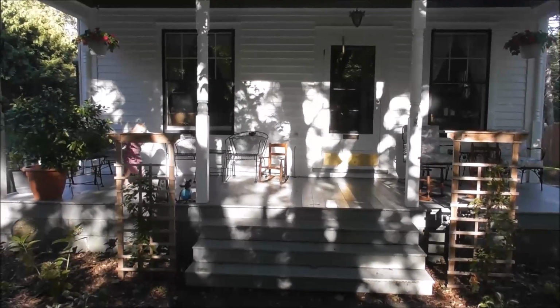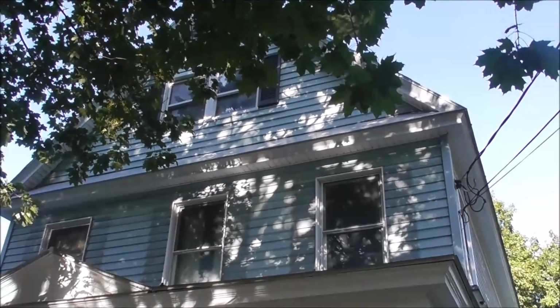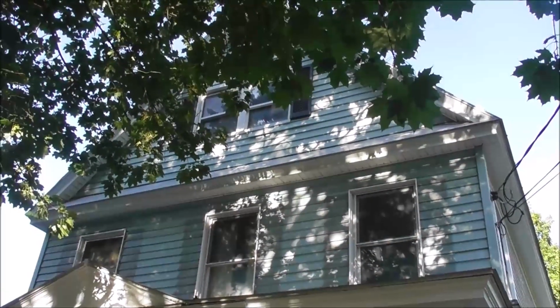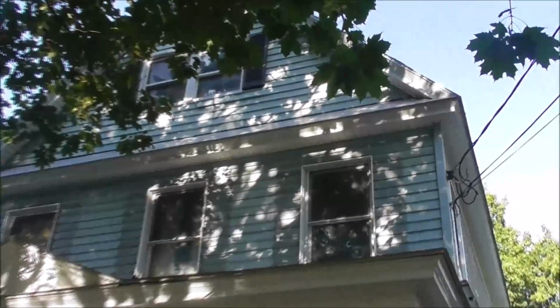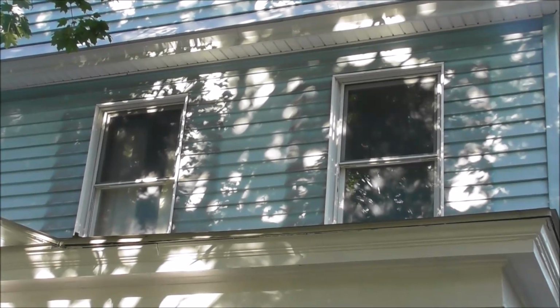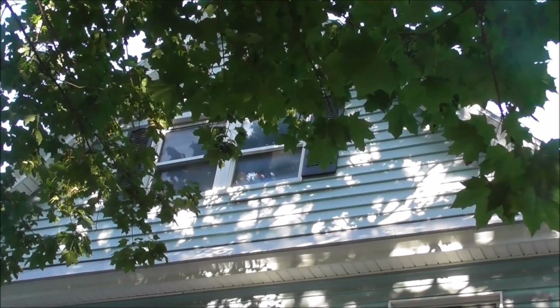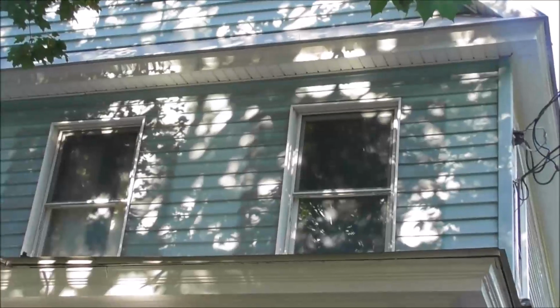So what I'm doing is I'm trying to remove some siding on the house. We got the porch most of the way done, other than I still need to do the railings. But I'm trying to pull the siding off of the first 2 floors of the house. And you can see last night I pulled the shutters off the house. What I plan to do today is get the rest of the siding off of this section of the house, and then the other section up there, I will do that later, but I'm going to do it one section